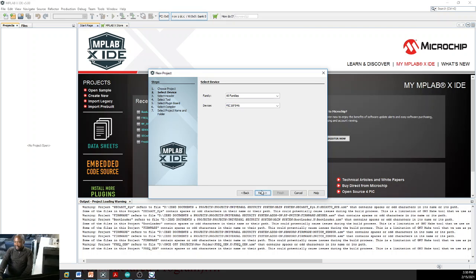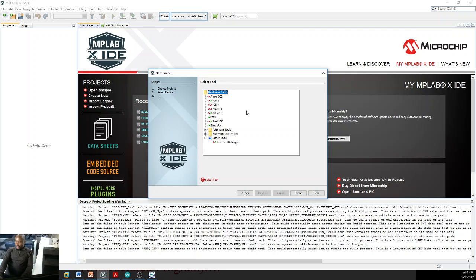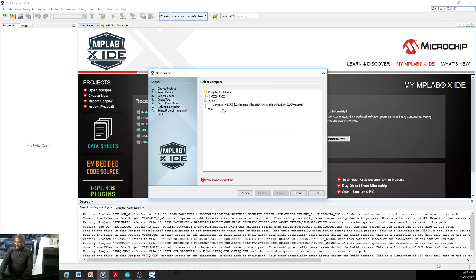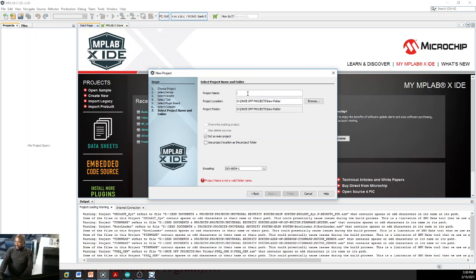Select that PIC. Next. Okay, the hardware programming tool which I'll be using is the PICkit 3. So I'll select the PICkit 3 as the programming tool. Click next. I'll be using assembly language, not a high-level language. So I'll select the MPASM tool, and then give your project a name. I'll say